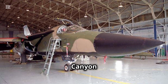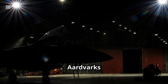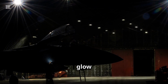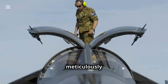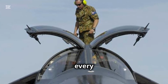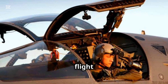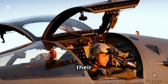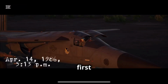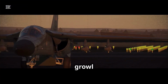Operation El Dorado Canyon was about to commence. In the darkness, a fleet of 24 F-111 Aardvarks stood ready, their sleek forms illuminated by the dim glow of airfield lights. Ground crews meticulously conducted their final checks, ensuring every system was operational and every weapon securely fastened. The pilots, fully briefed and donning their flight gear, climbed into the cockpits, their minds focused on the task at hand. As the mission commenced, the first of the F-111s roared to life, its engines emitting a powerful growl that